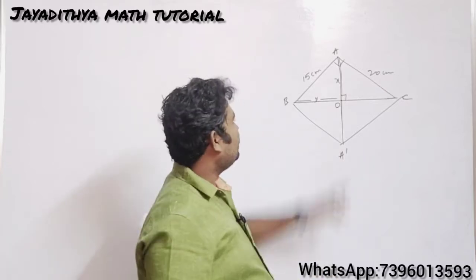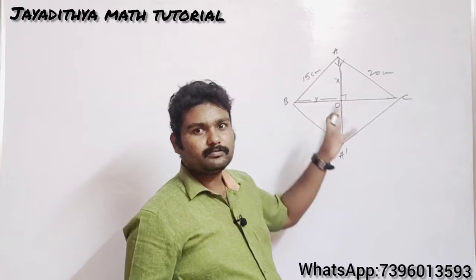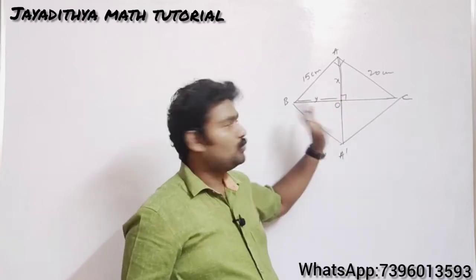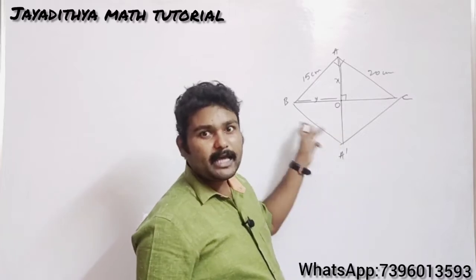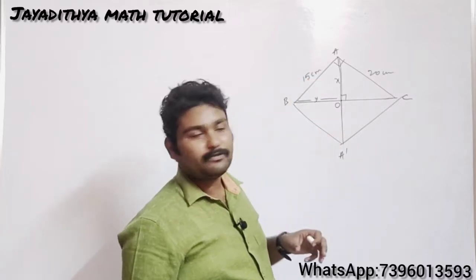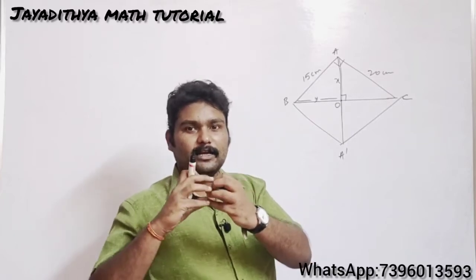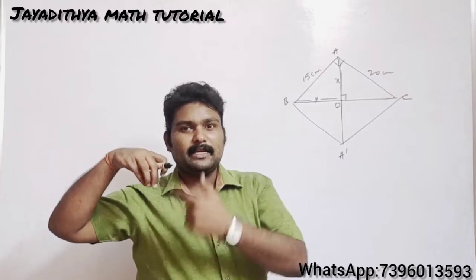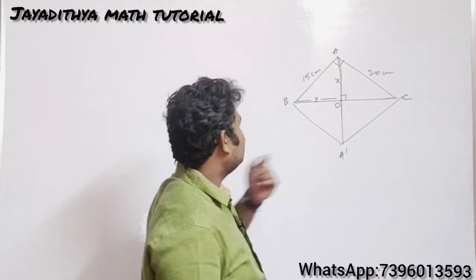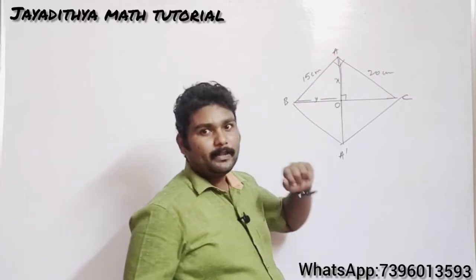If you observe here, X will be the radius of both the cones, but Y will be the height of the cone A dash B. You should understand that one. Here two cones are attached like this. If the cone is like this, you can say that here you will have the base, the radius and the height. But when the cones are attached like this, this will be the height and this will be the radius.